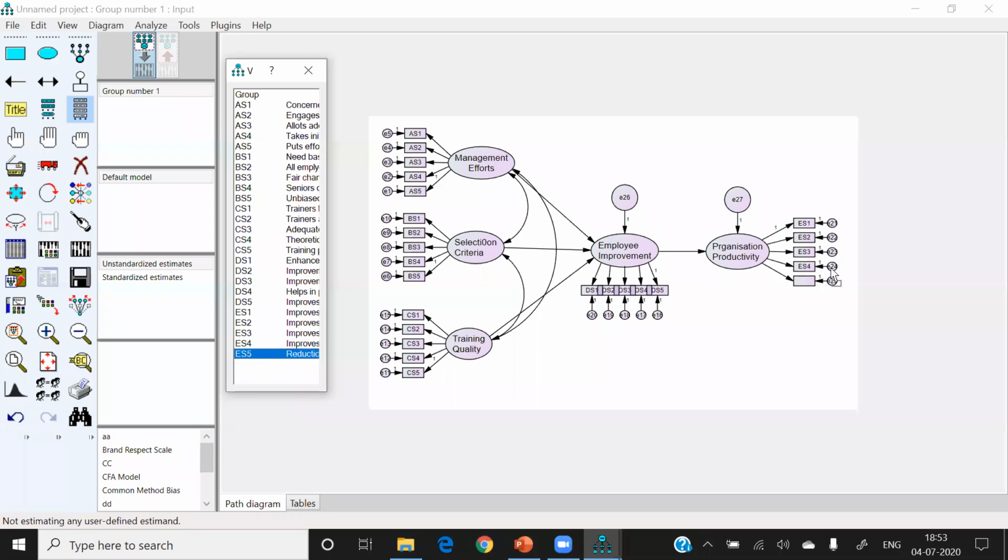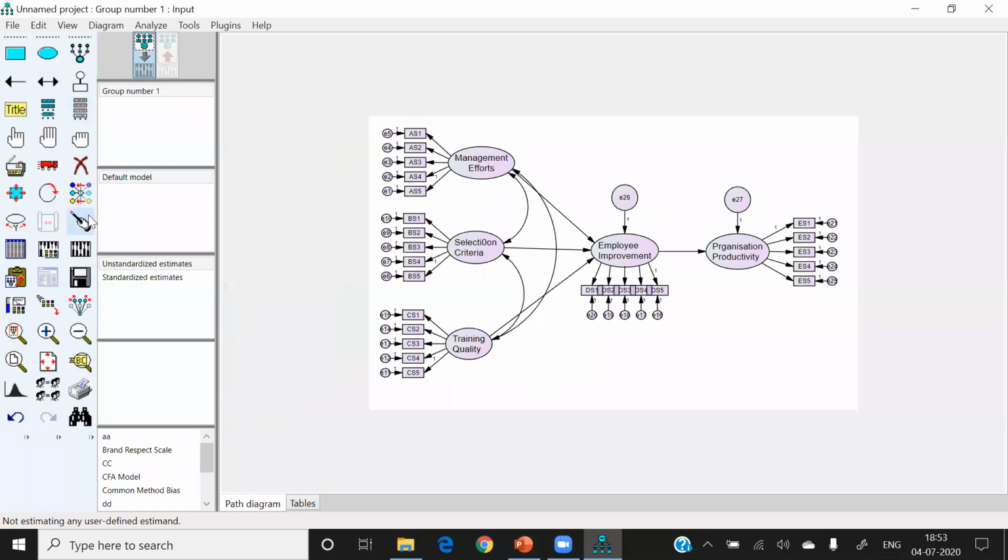So now we are having the complete diagram, and the next is to analyze. So now we are moving to the analysis part. You have to practice making all these diagrams. It requires practice, and that is why I am making them again and again in front of you, so that you can see how I am doing all these things. Okay, so my diagram is ready.